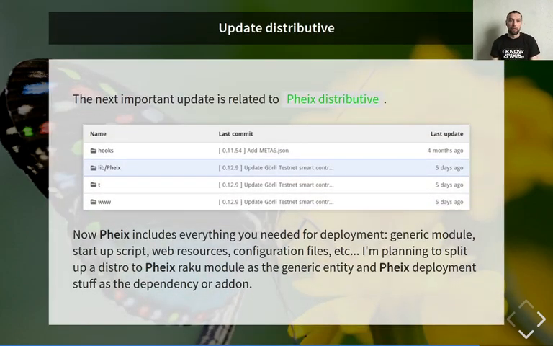The next thing is a distributive update. Now Pheix includes everything you need for deployment. I mean generic module, startup script, web resource, configuration files, and whatever. And as you see at the screenshot, we have hooks and www folders also in the distribution. They are actually unused when you are installing Pheix via Zef or want to use it as a dependency or external